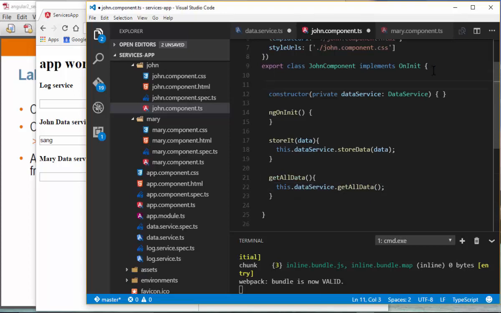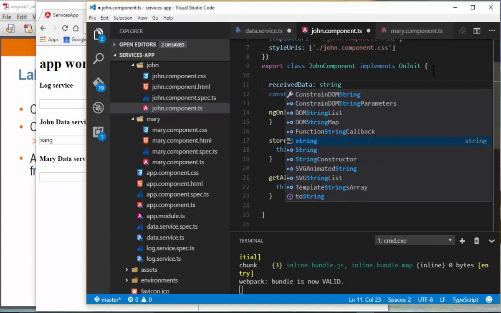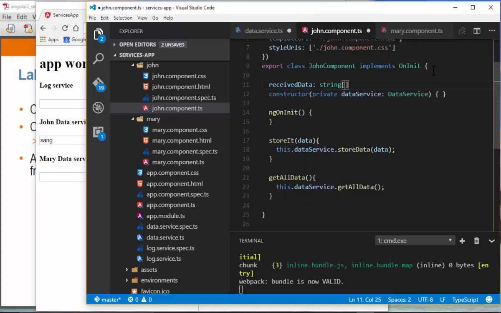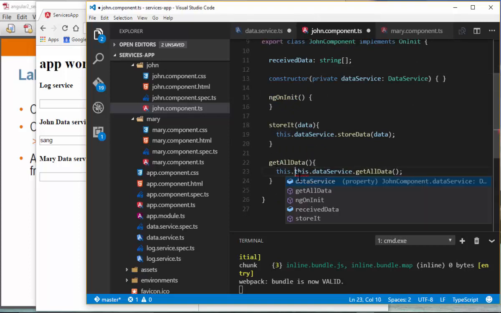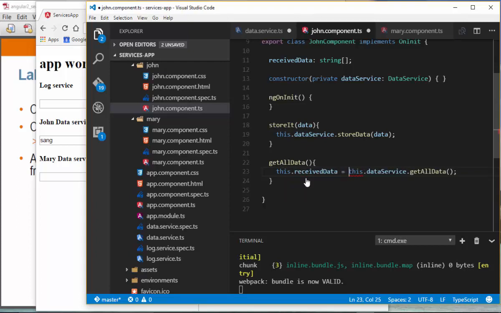So we're going to say receive data, and that's going to be a string array, like this. We're going to receive it and save it into this received data. So we call the get all method of the service, and the return value is going to be saved in received data,